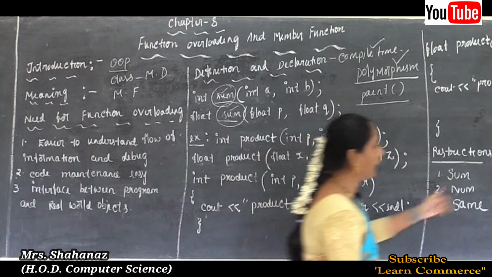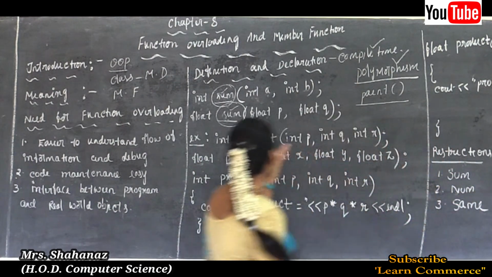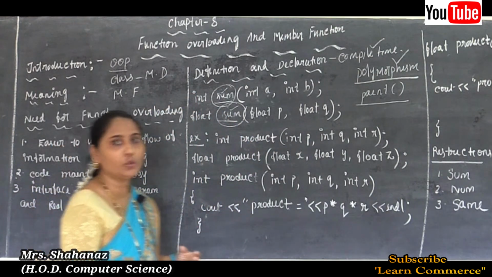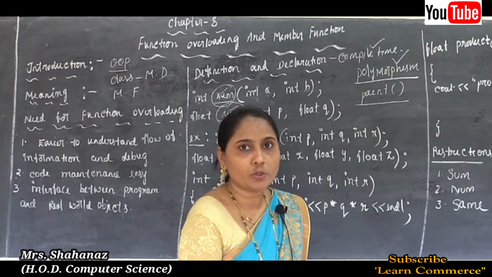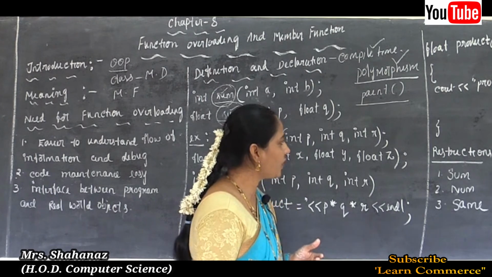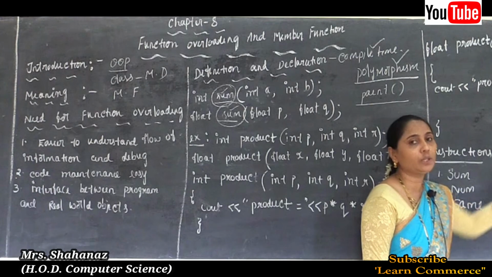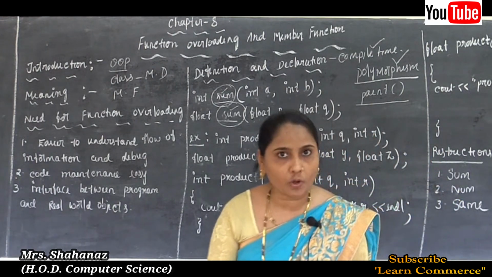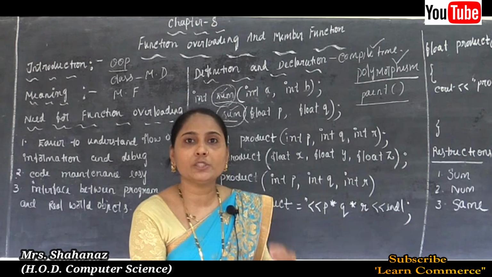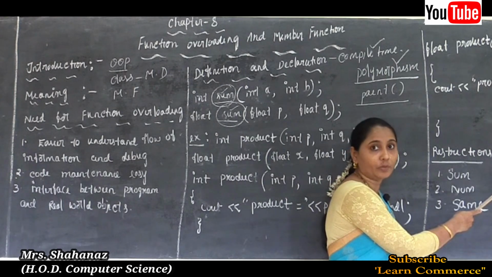That means by using typedef, we can't create the function overloading program. We need to use data types like int, float, or maybe double, all those data types we can use. So this is the main disadvantage of function overloading. So clear the disadvantages in case of function overloading. The first one, that means when you are going to create the function overloading program, we need to use a different kind of argument list. In this case here, different kinds of data types.